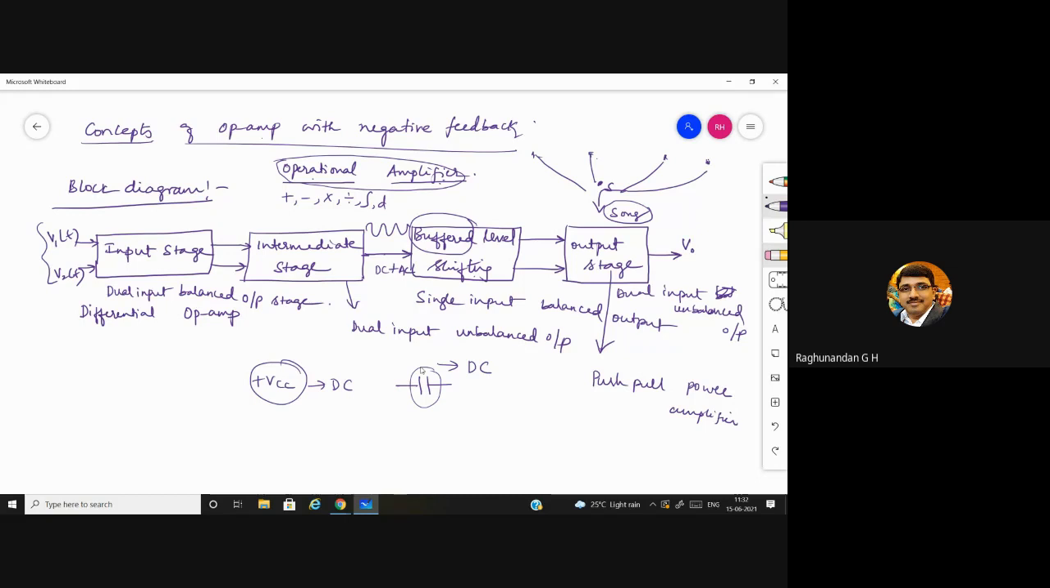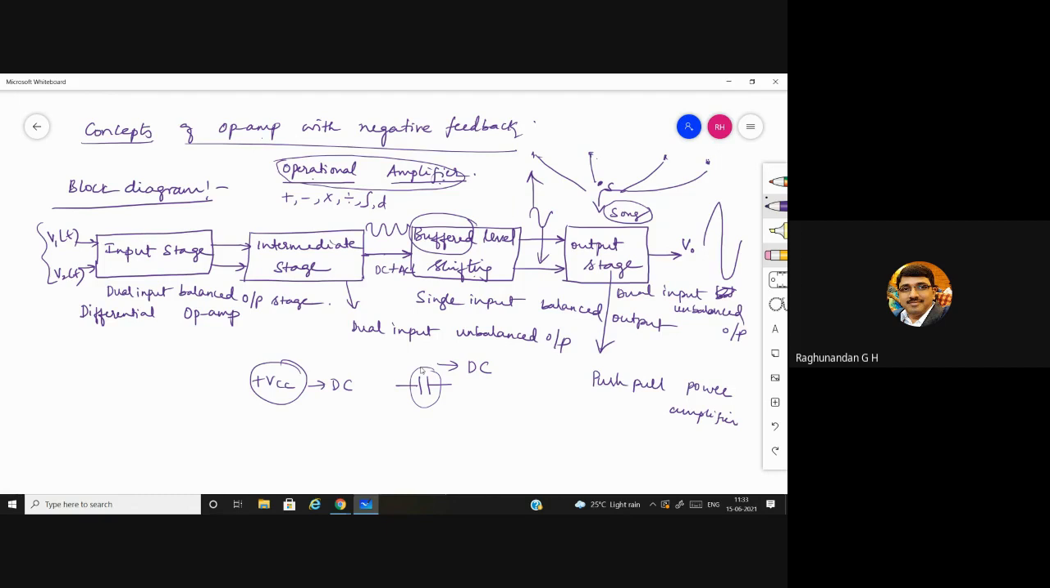The output stage is going to use a push-pull amplifier, where the signal which is coming here will be stretched to either end so that we'll be getting an amplified version at the output. So this is the block diagram representation, and if they ask you to explain the conceptual diagram of the op-amp, you need to explain. The important point here is it is a high gain direct coupled differential amplifier,